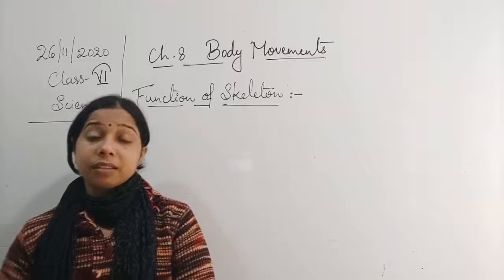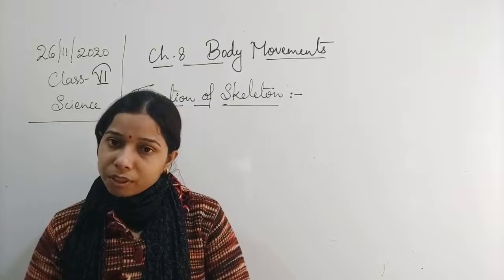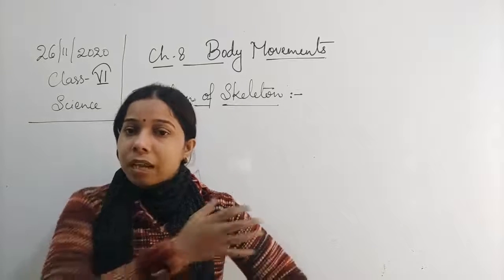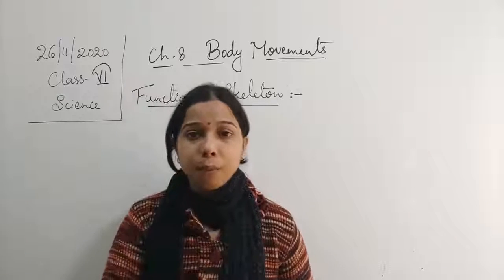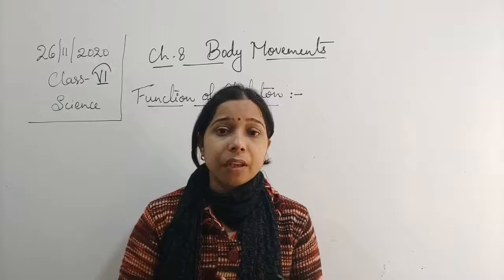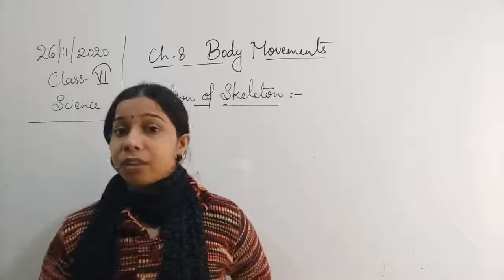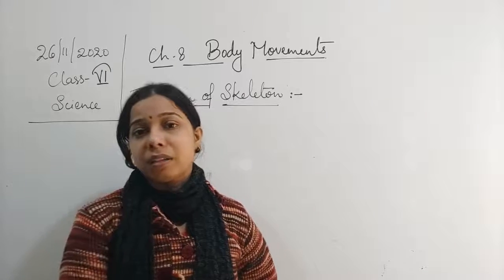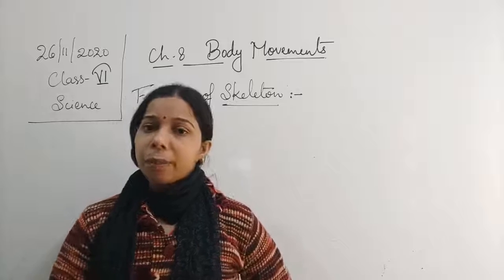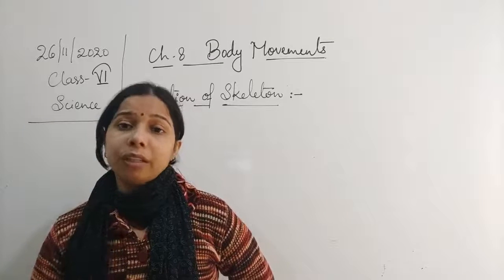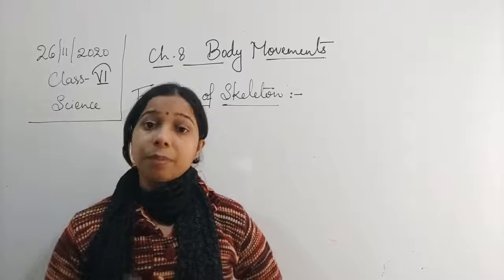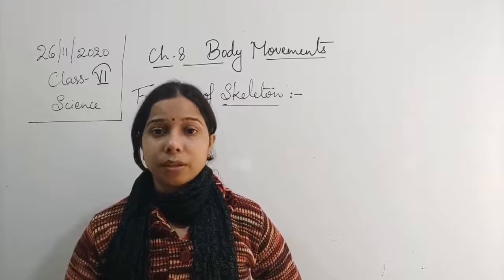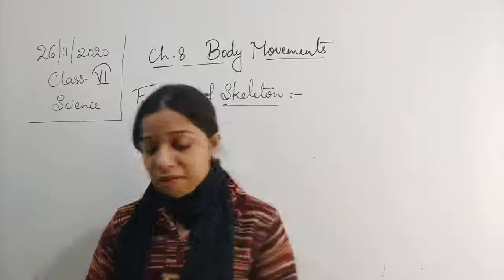So we can say it helps in holding the body together. Okay, because our arms are attached to the shoulder, which is attached to the backbone, also attached to the rib cage. Now this backbone is attached with the hip bone, attached with the legs. So ultimately they help in holding the body, as well as providing the shape to an individual. So this is the first function.